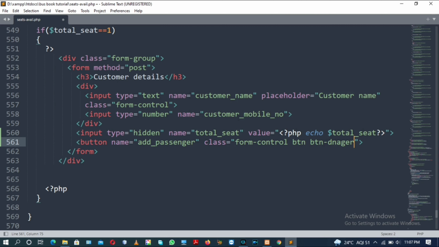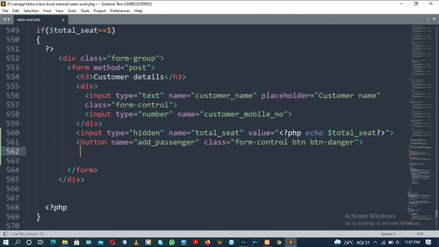Okay, there is a spelling mistake in danger, it will create a problem in future. So the content of the button tag will be add passenger. The button tag will be closed, the form tag will be closed, and the div tag will be closed. After that the PHP tag will be closed.